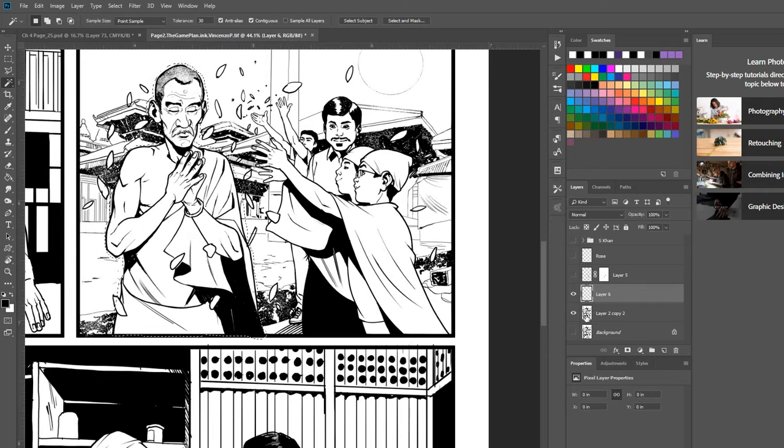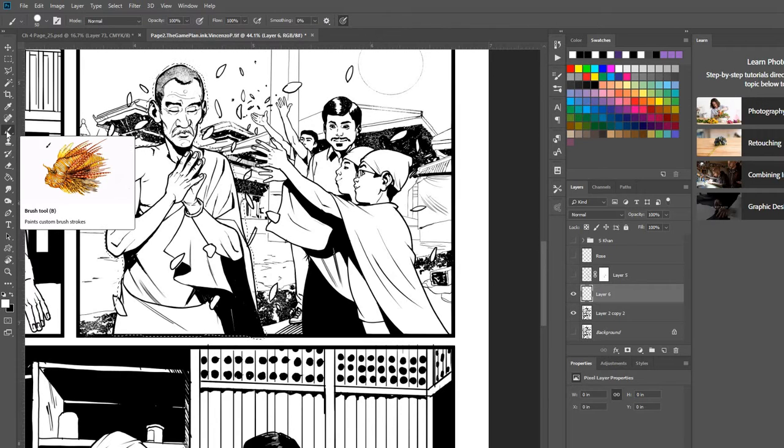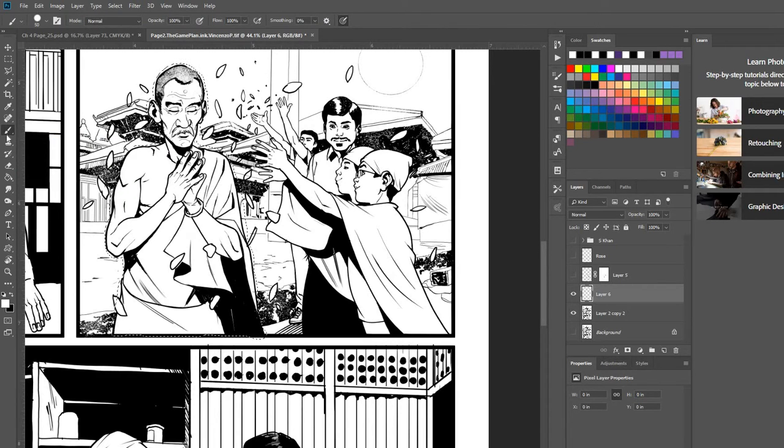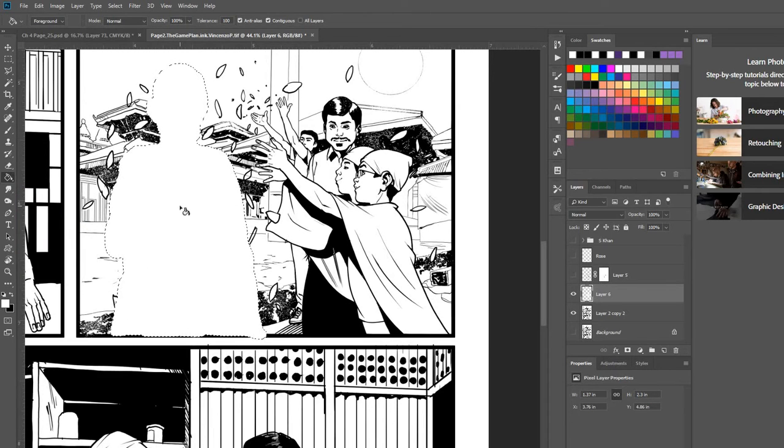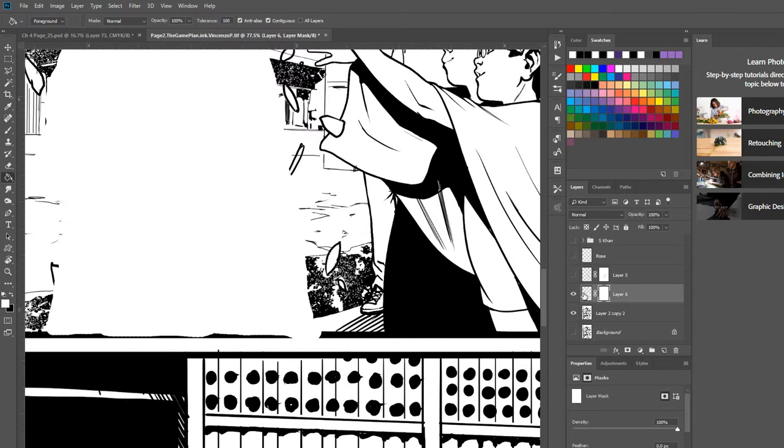I like to create it in a new layer, not on top of the same layer, because then you kind of ruin the information in case you do something wrong and you want to go back to it. You know what we could do? We could just fill it in. Yeah, that's what we should do. The easiest way would be to just fill in with white like that. And go back in here and do the same thing we did earlier, create a layer mask, because now this is all white, and you see how it's kind of coming over on the bottom. And what I think I should do,